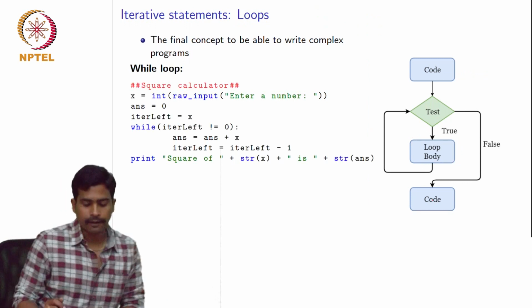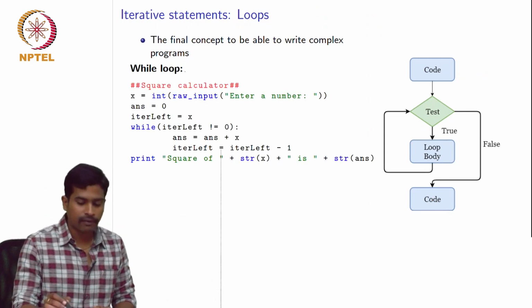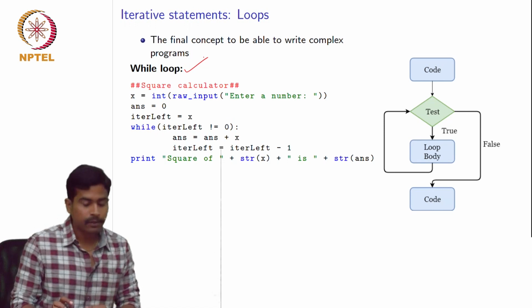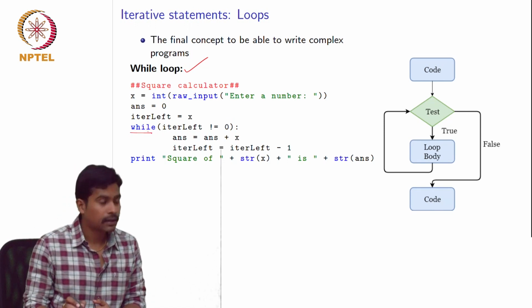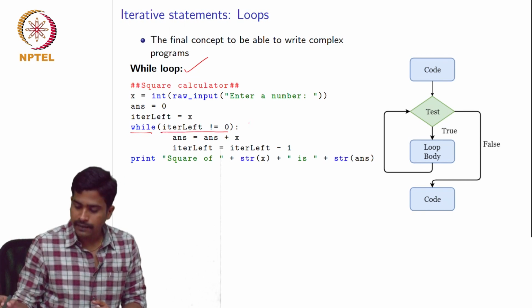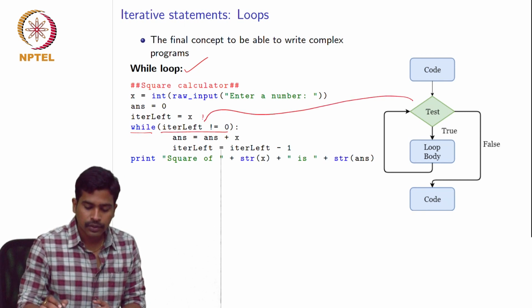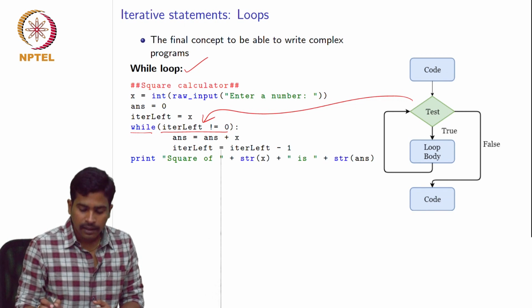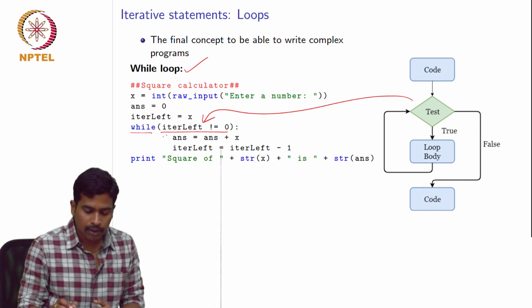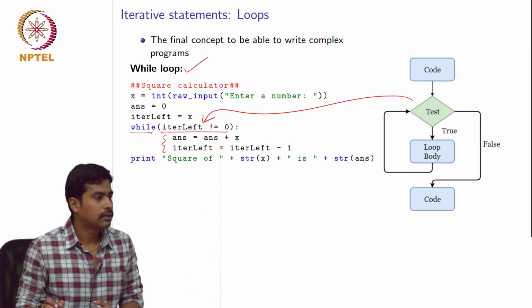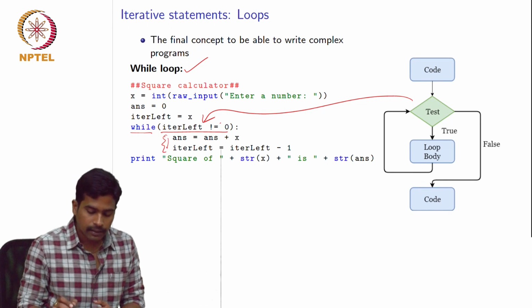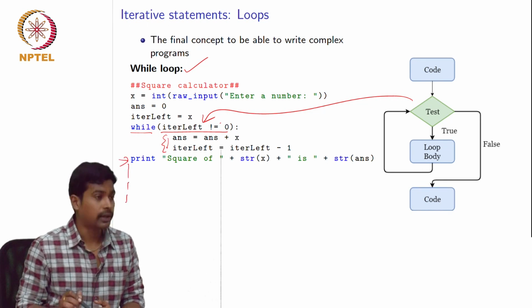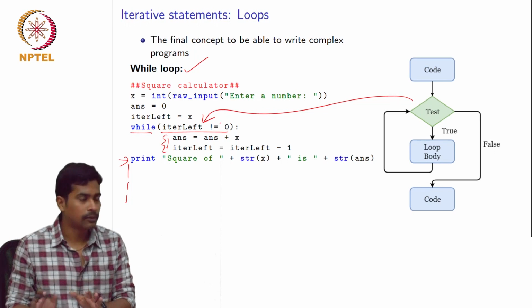Here I have shown an example of a while loop. The keyword to use a while loop is while, and then this is the condition. As I have said, we have a test condition. Based on the test condition, this is the block of code that I want to execute. If the condition is false, it will stop executing this block, and then the program will start executing from this point. Okay. So, this is how a while loop works.